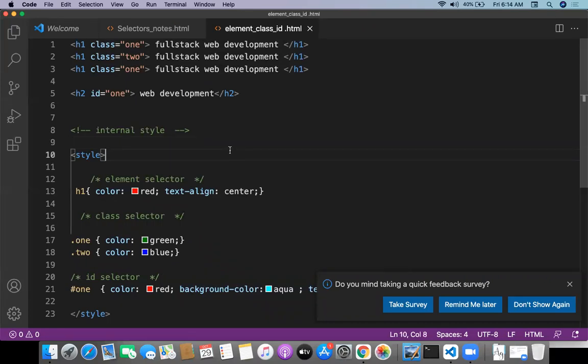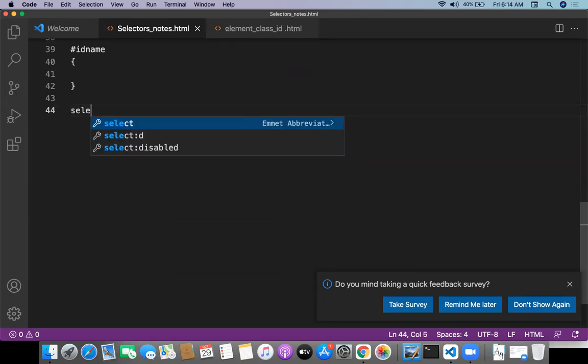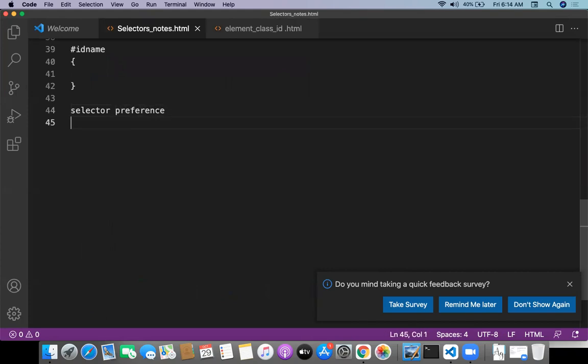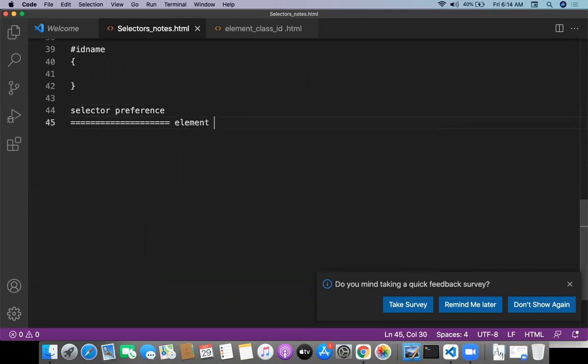Okay, now we need to understand how selector preference is going to be working with element, class, and ID.